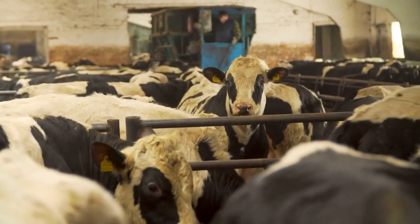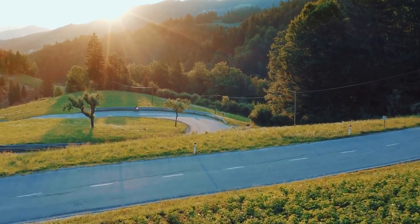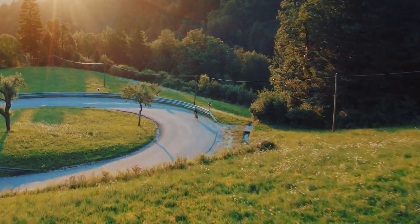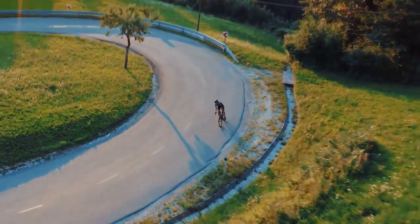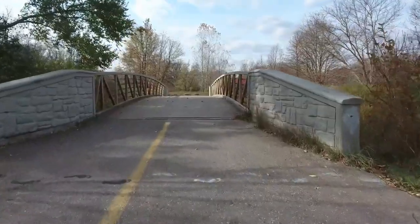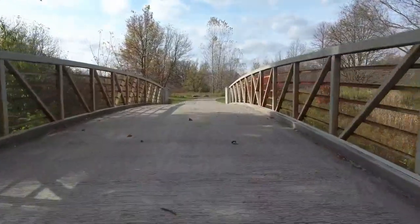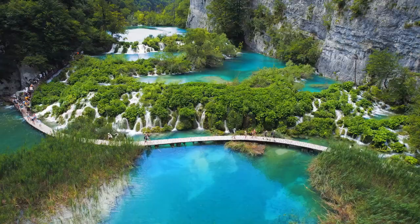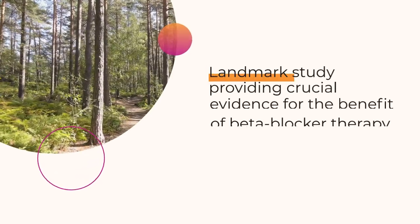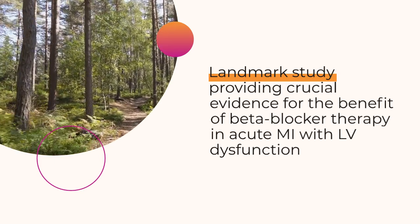0.59, p equals 0.014. Based on Capricorn's findings, both the American College of Cardiology, or ACC, and the European Society of Cardiology, or ESC, guidelines were updated. Beta blockers, particularly Carvedilol, are now recommended for patients with acute MI and reduced LV function, reinforcing their role alongside ACE inhibitors. The trial is a landmark study, providing crucial evidence for the benefit of beta blocker therapy in acute